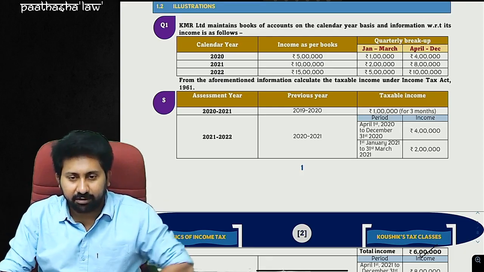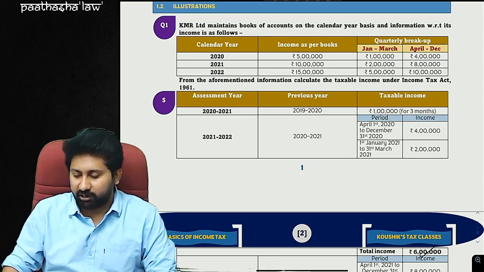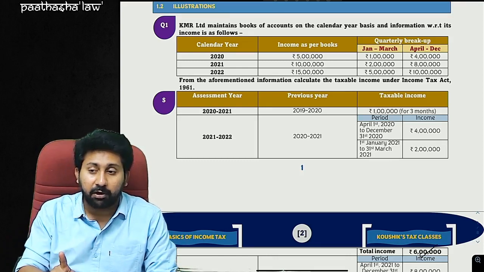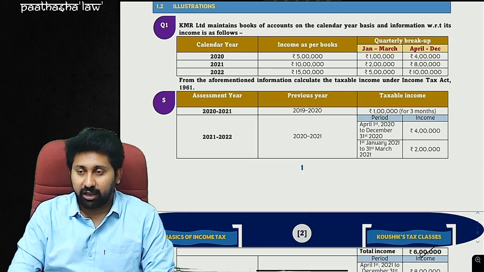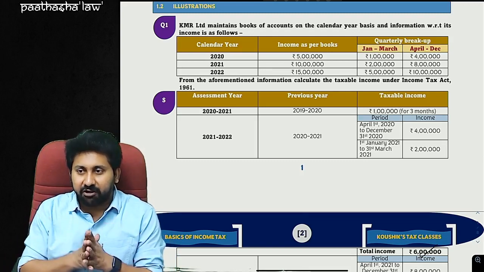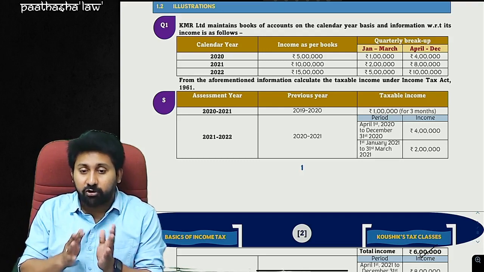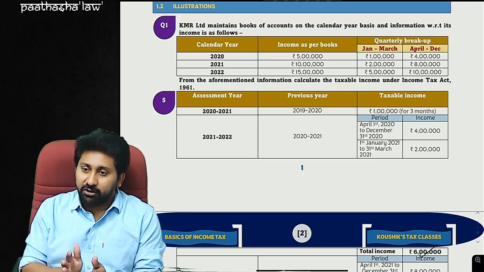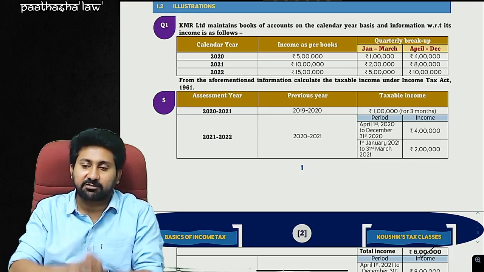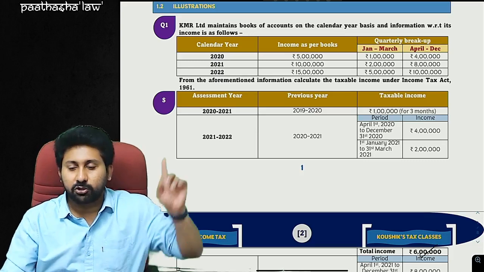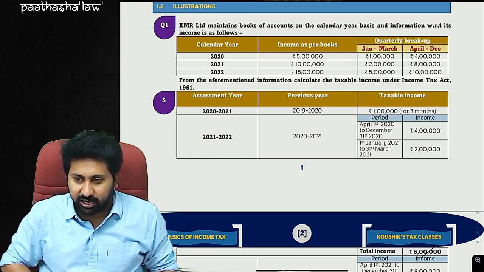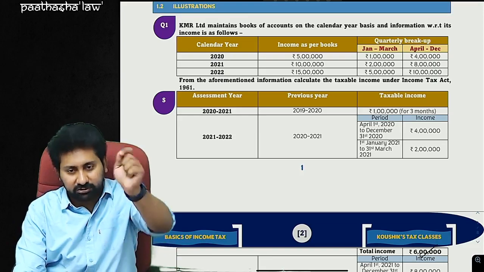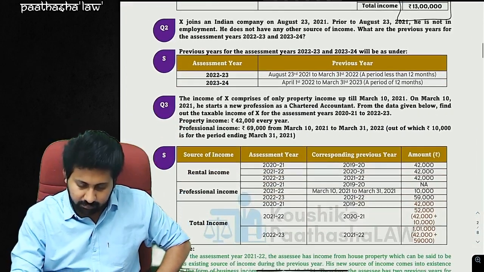So the entire summary is you prepare books of accounts in whatever way you want, but have the breakup of your income: for which quarter, which sort of income you are getting, and how much amount. If you have books prepared in that way, then you can bifurcate and assess the tax for that particular income. So this is how we can understand the concepts clearly. Hopefully you understood the idea behind this concept, right? If you have any kind of doubts, put in the comments.